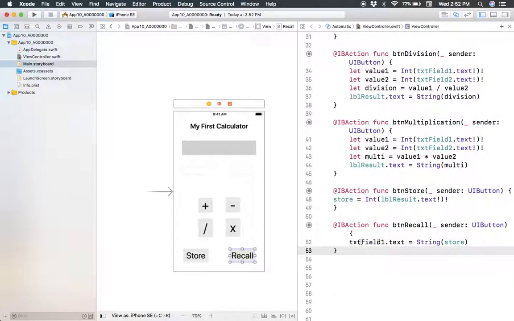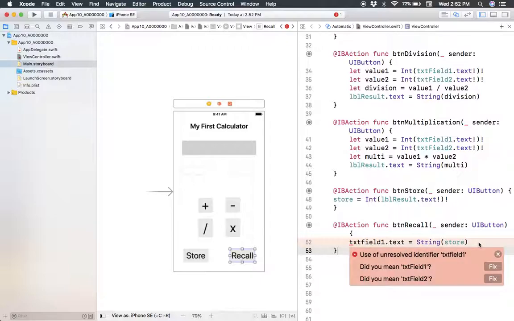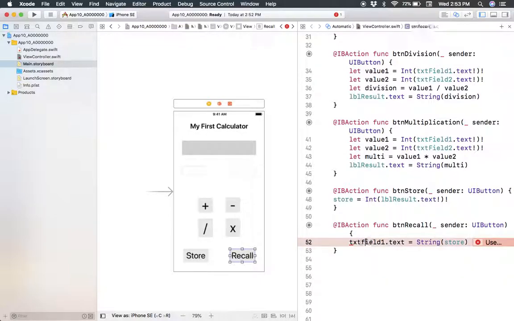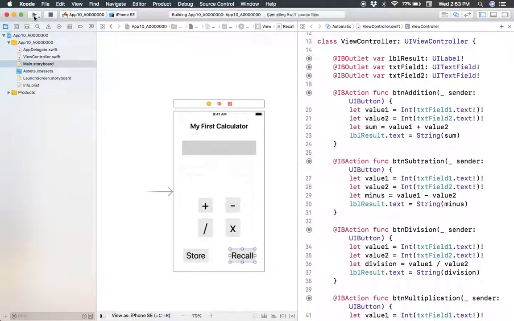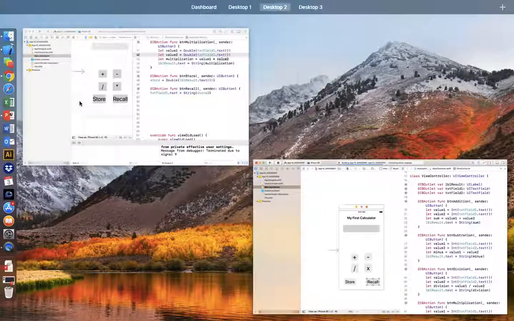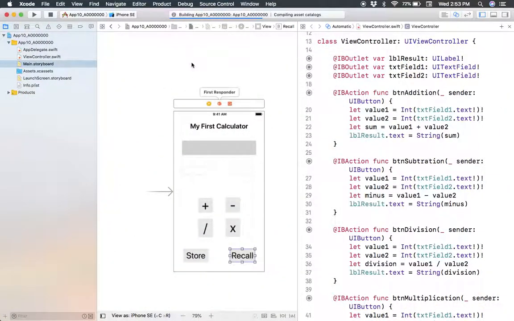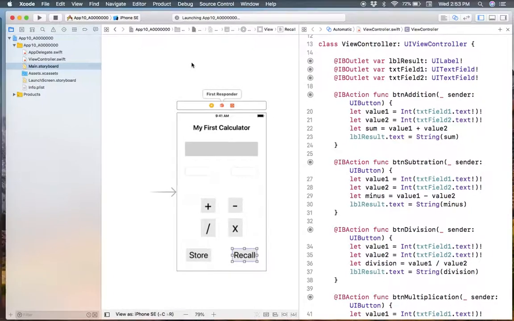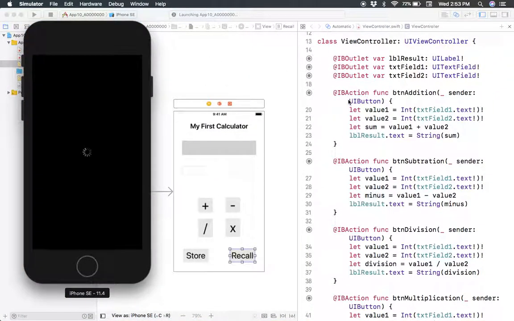I don't know why it's not detecting text field 1. We have an error. Oh, it's the uppercase F. There we go. So let's run our program, see how it goes. So while this is loading, which may take a while,